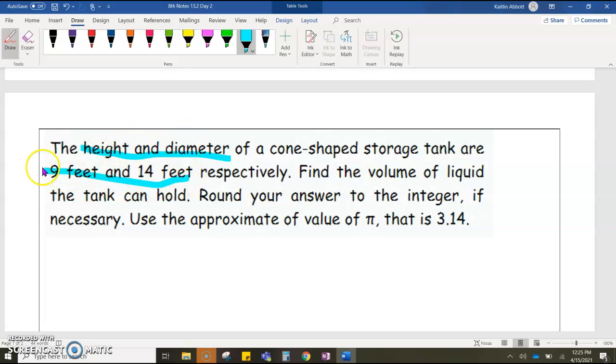So height and diameter is going to be height and diameter, so 9 and 14. But we don't want 14 for a diameter. We want a radius. We're going to have to cut that 14 in half. So volume equals